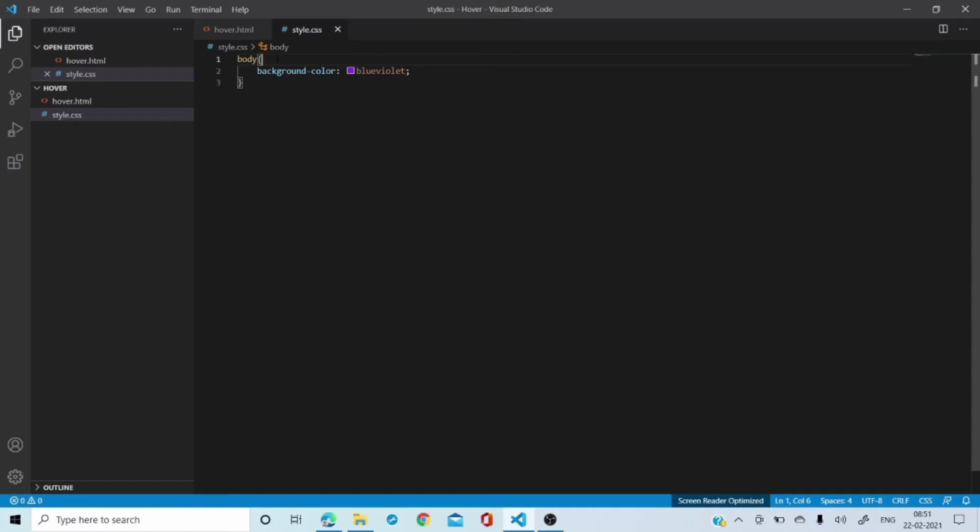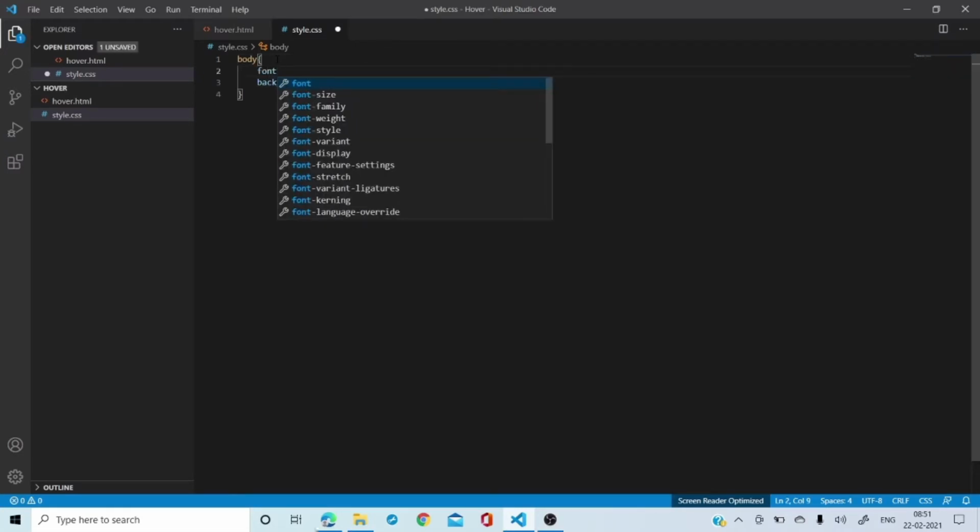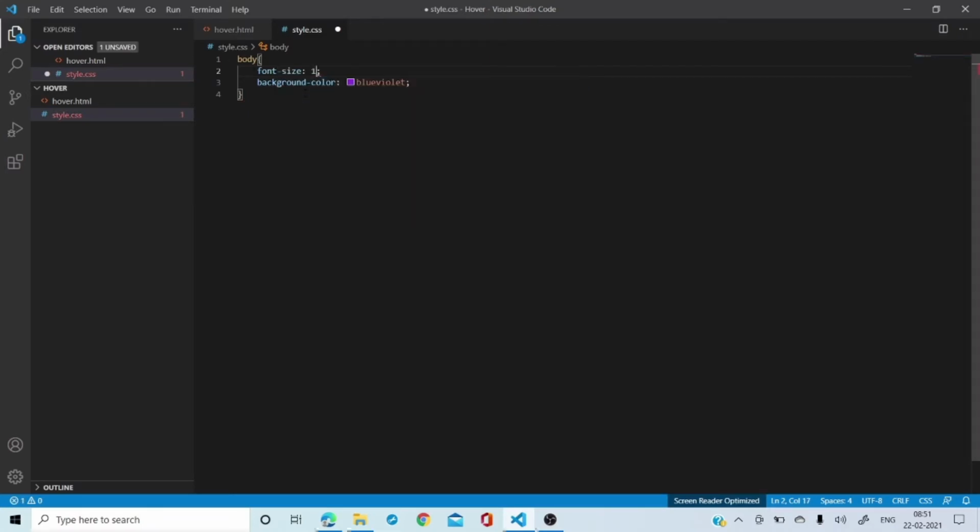So the best thing is, I'll start with body. In the body part, I am going to write, say, font size, and maybe the font size will be, I am going to keep it 15 point. See, it's here. Then I have the background color, so you can choose whatever color you want. All right. So I have a specific color which I have chosen over here, that is #53. So you can write your own numbers or whatever way you want to do it, it's up to you. Okay. This is the color which I have taken.